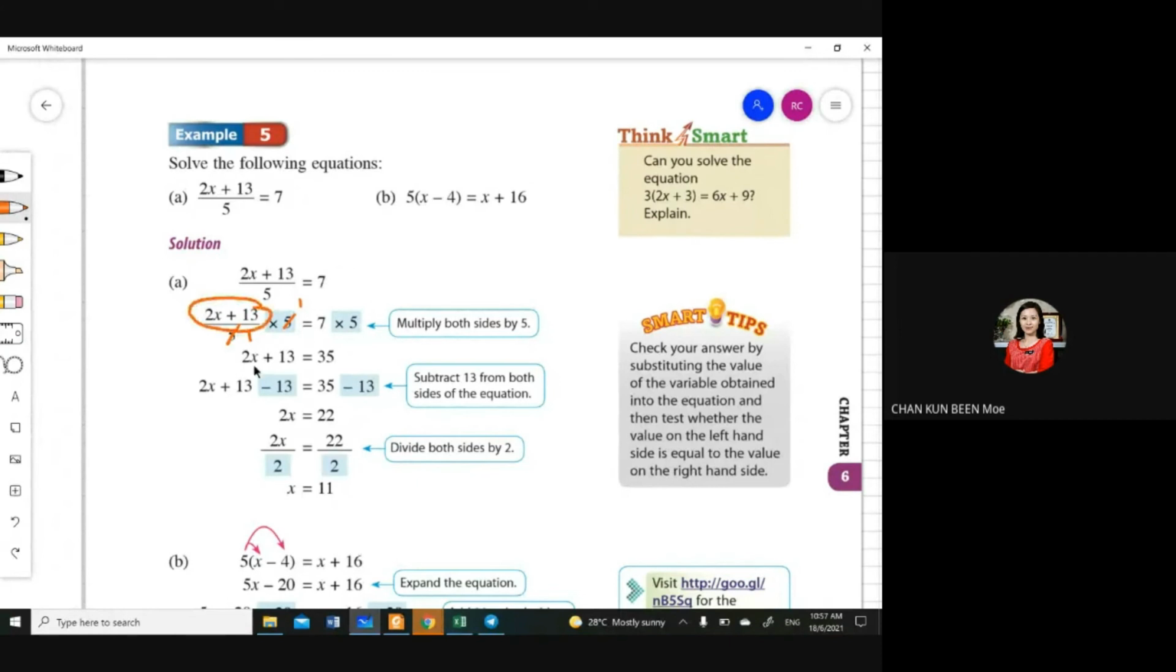2x plus 13. Sorry, not 3. And then 7 times 5, we get 35. So this is the form that we want. Just now I told you we don't want it to be a fraction form like this. I want it to be a single line. Okay, when it is in this form,